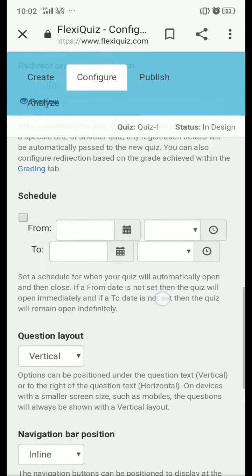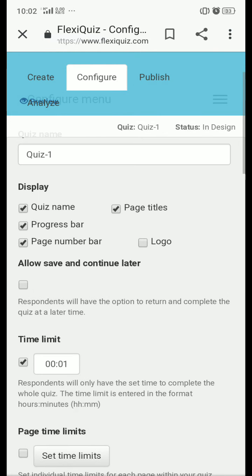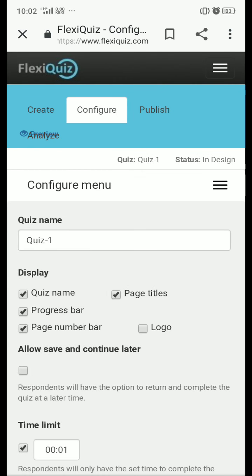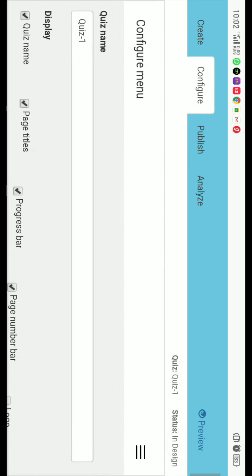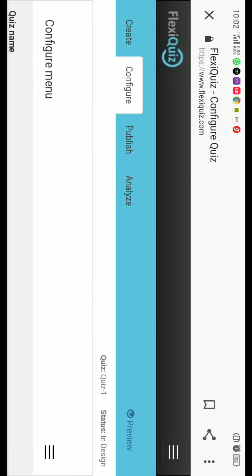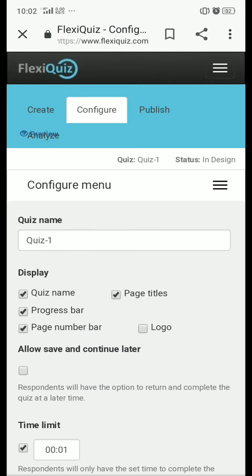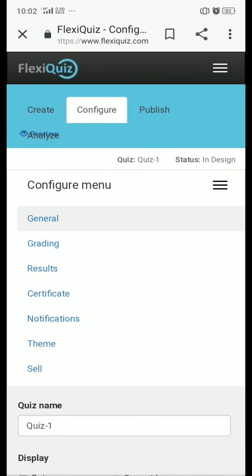So now you can see our settings, our configuration. In configuration, the first part is completed. Now you can see here there are 3 buttons. Click on this. Now we will come to the first general part, setting we have completed.